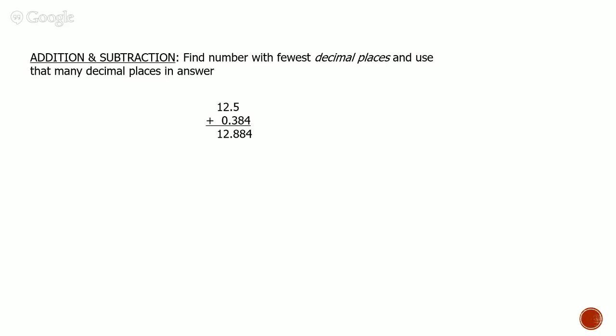When you're adding or subtracting numbers, you find the number with the fewest decimal places and use that many. Basically, you round to the common decimal place, or place value, whatever the math folks are saying. I always say decimal place just because I always say it. For example, let's say you're adding 12.5 and 0.384. The number you come up with is 12.884, but the answer on a calculator isn't always the most accurate answer.